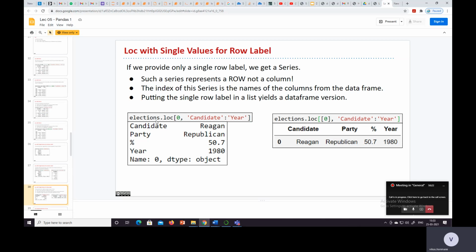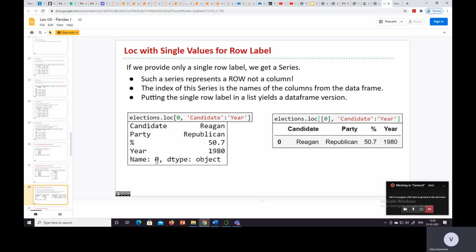Like here, elections.loc[0, "candidate":"year"], so the columns are there and only the zeroth row is what we want to represent. The candidate name is Reagan and the party is Republican, and in between, we are representing candidate to year, that means party and percent are there in between.